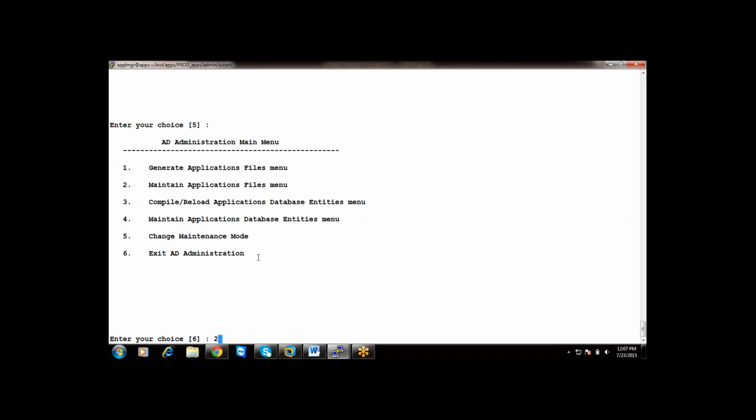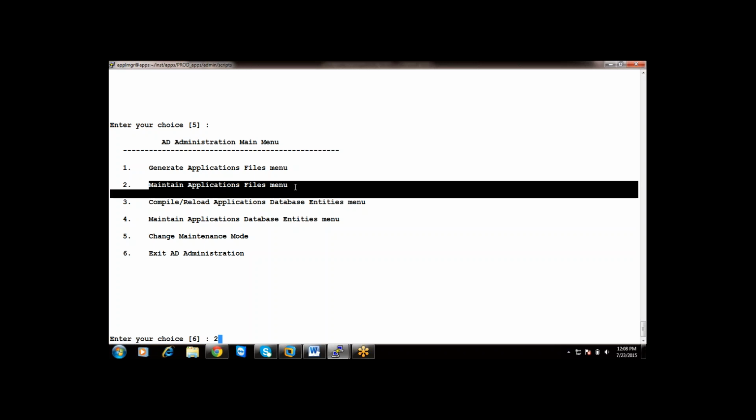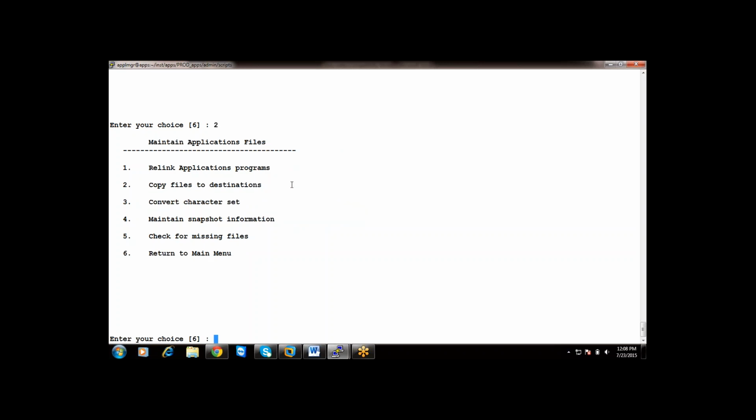Next, I'm taking you to the second menu under the AD admin main menu, that is maintain application files menu. I said when we were discussing the AD relink topic that AD relink is only used to regenerate AD top bin executables.